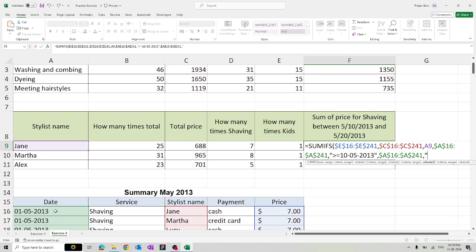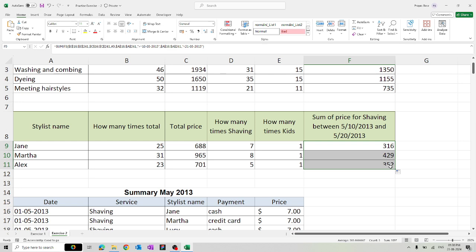Criteria should be less than 11/5/2013, right? Then only it will be till 10, sorry, it should be 21/5, not 11. Then only it will come to 20, right? So this is done. Enter,